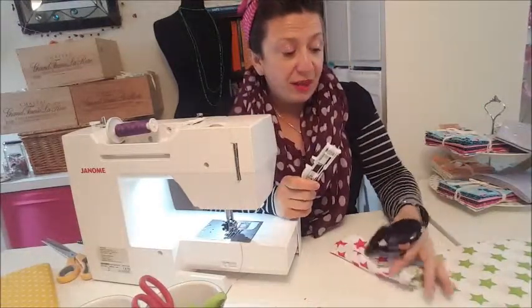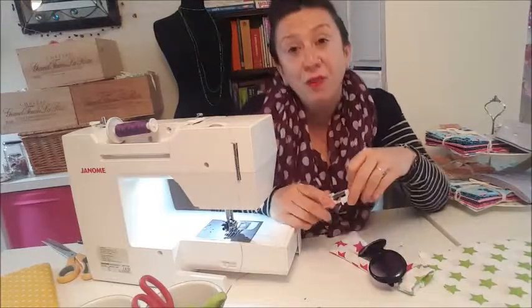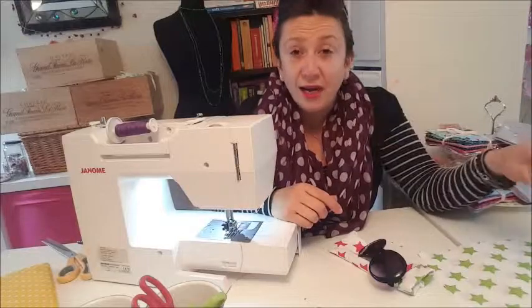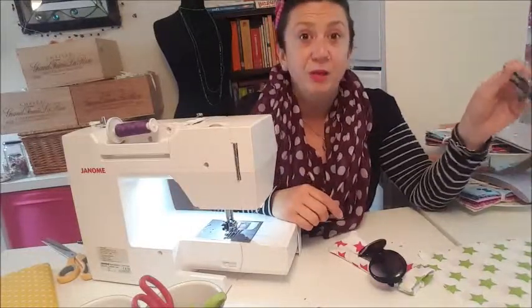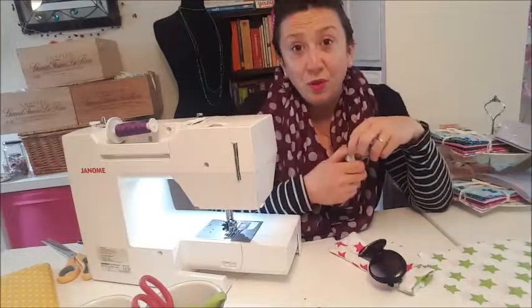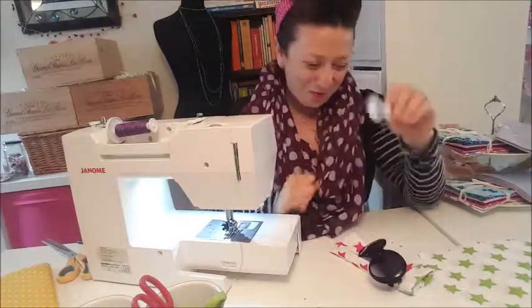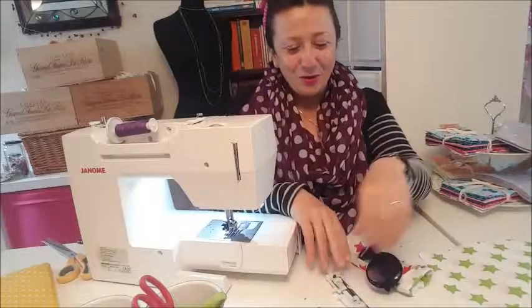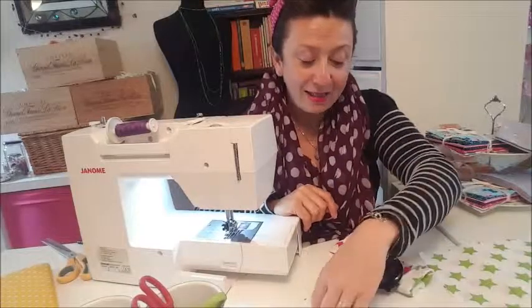If yours doesn't have an automatic buttonhole function on it, do check out, I'm sure I've got some other videos on buttonholes, but if not, give me a shout and I'll create some. But just for ease for making this little project, I'm going to do it with the one step buttonhole function. Okay, so you'll need that, some ribbon to go around the top to drawstring it together, a safety pin